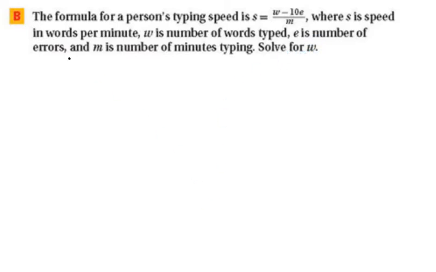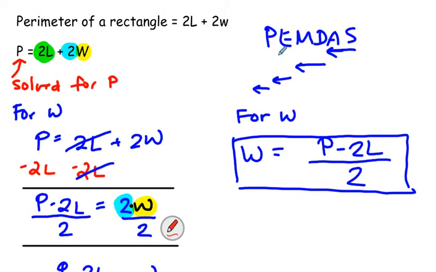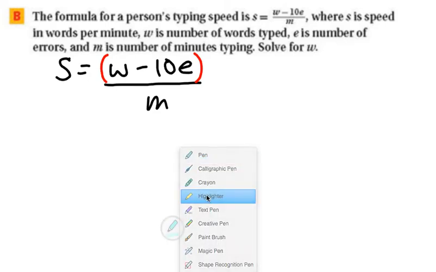So let's begin. The formula is S equals (W minus 10E) all divided by M. It is important to know that W minus 10E is in parentheses. When it's in the numerator, it's all inside one group. And as you know, in reverse PEMDAS, parentheses is always last, so you don't want to touch anything in this group. Okay? So what can we get rid of? Because we're solving for W,